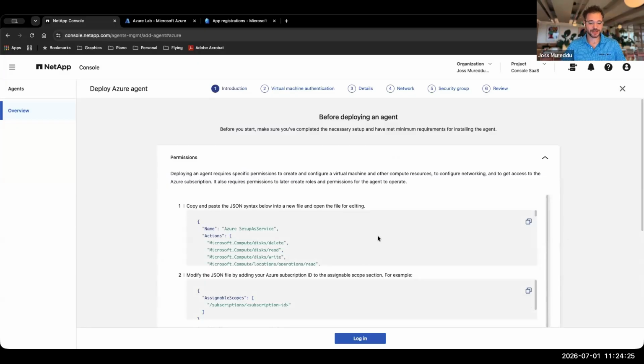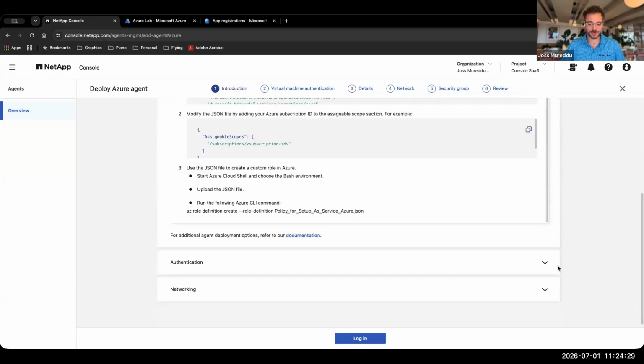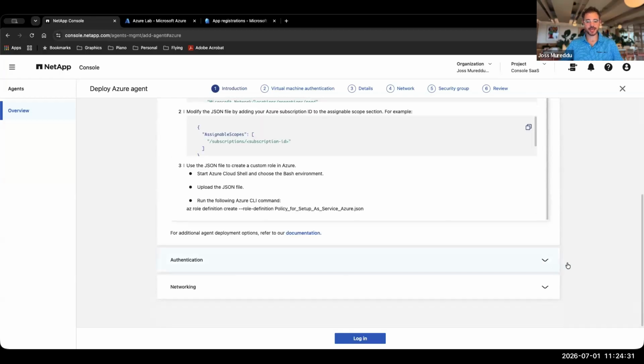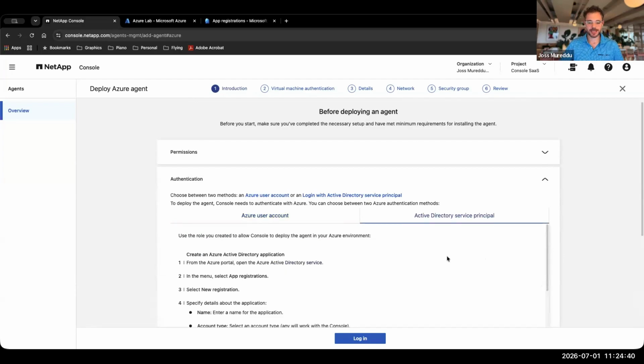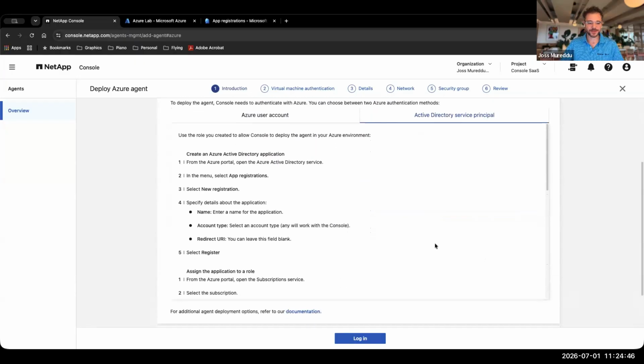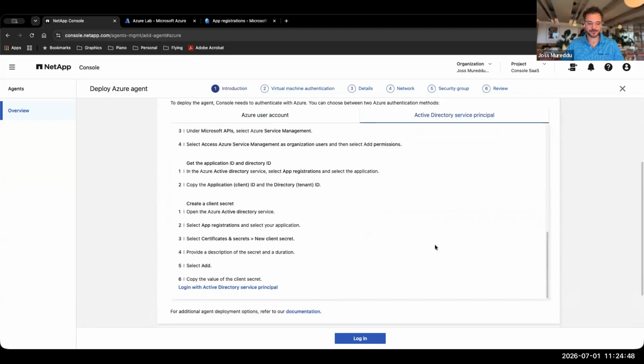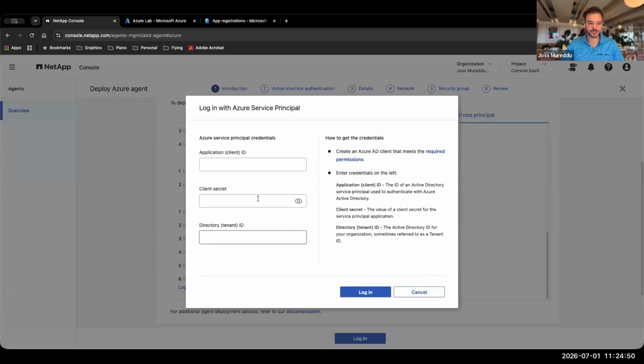I've already created a custom role. I have assigned that to an app registration or a service principal. And I'm using this because I don't want to have the administration of Console bound to a specific user account for Azure. So using my Active Directory service principal, and Console gives you all of the steps that you need to follow if you've not done this before. We scroll all the way down, and then we choose Login with an Active Directory service principal. And here